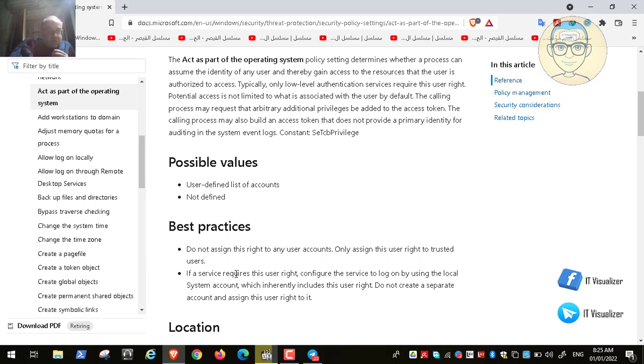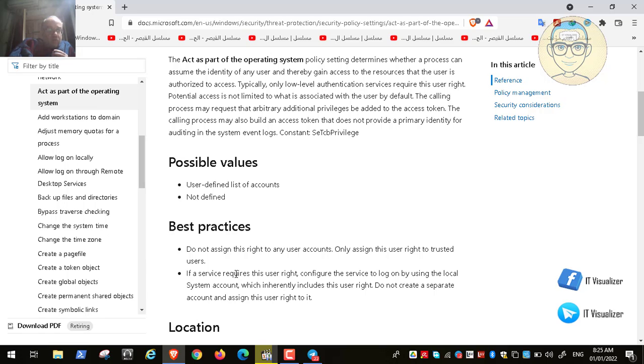So for example, if you need a Windows service to be started using a user, you can do this using the Windows system local user, not create a user on the Active Directory and give it rights to act as a part of the operating system.